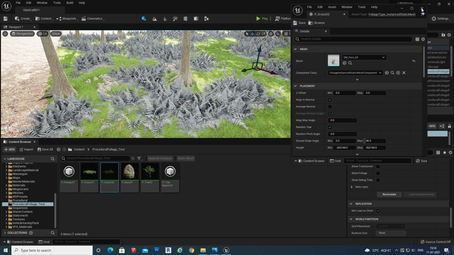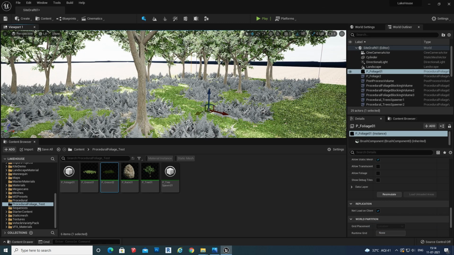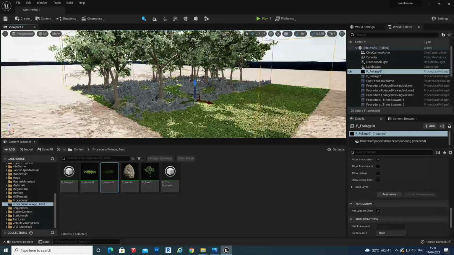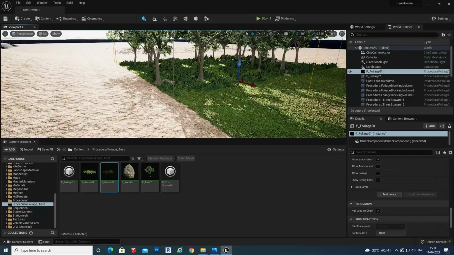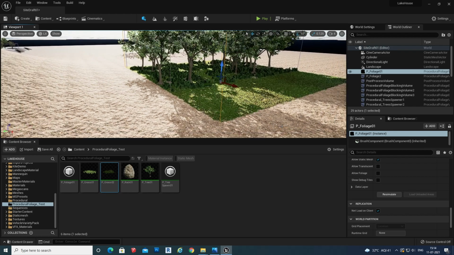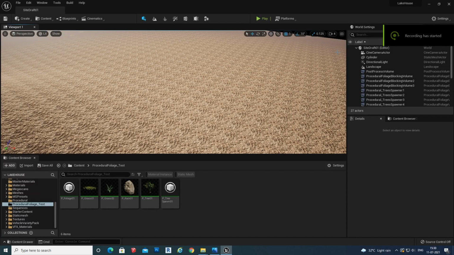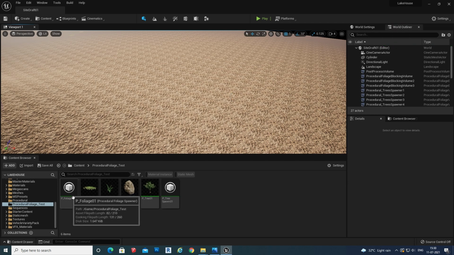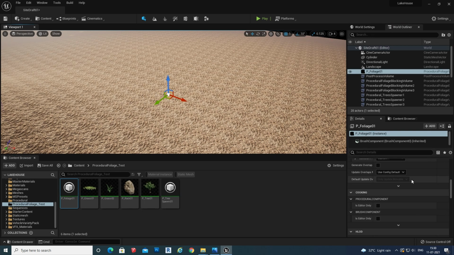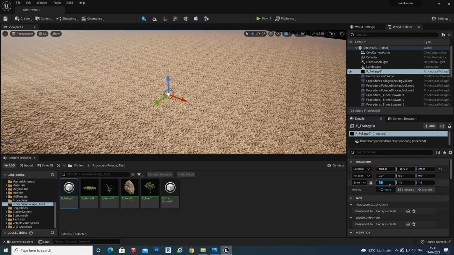Save it. Yeah, here you go. So where you need a larger volume, where you need some randomness in the trees and grass, you can do that. If I have an organic shape or, say, some curve shape, but my volume is a cube, how do I modify that cube?